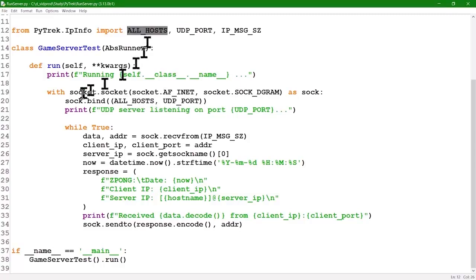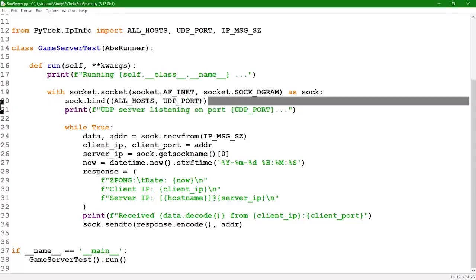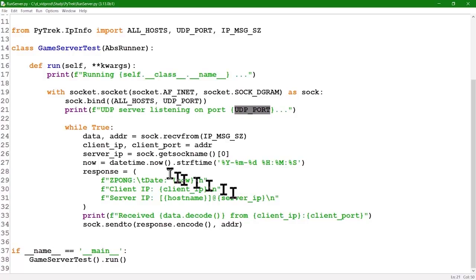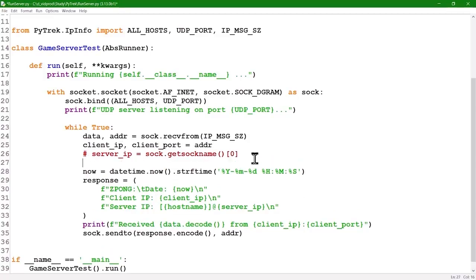So we can listen on our UDP port, now renamed, all hosts. And once we bind that address, we can see what port we're listening on. And we know, of course, that we're going to get our client port and the client IP address from our tuple. So let me show you another way to get a server IP address that relies on a much more reliable mechanism